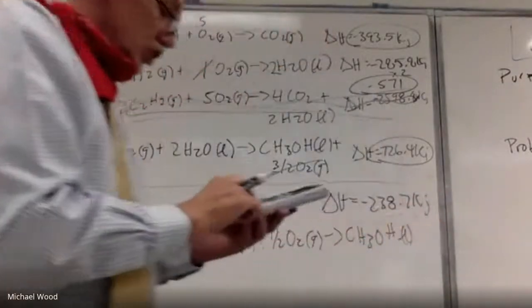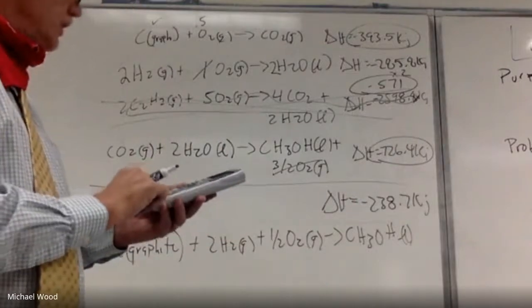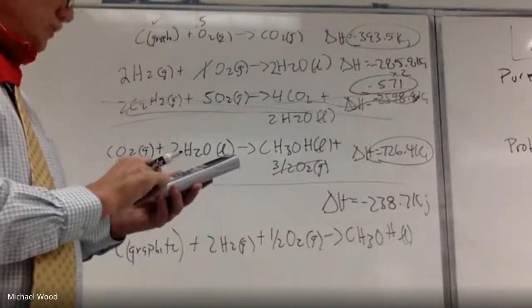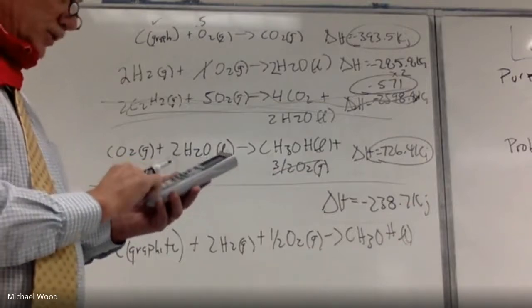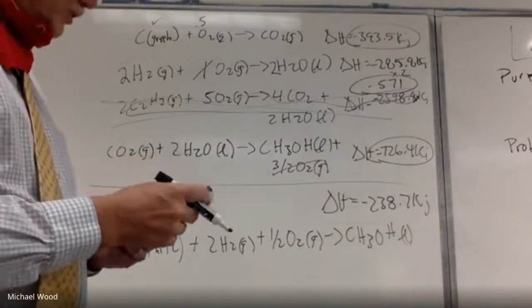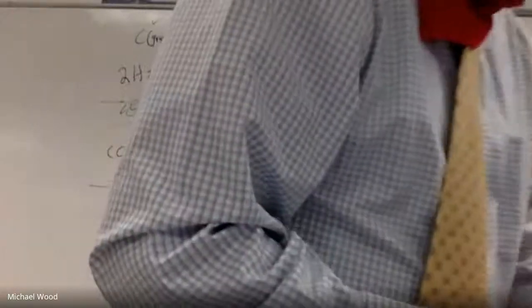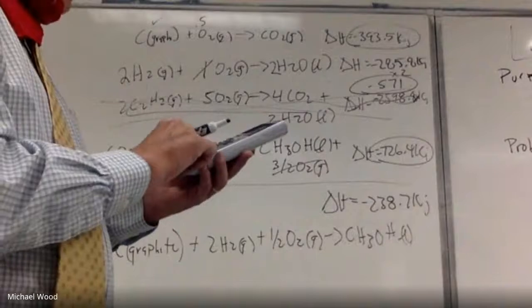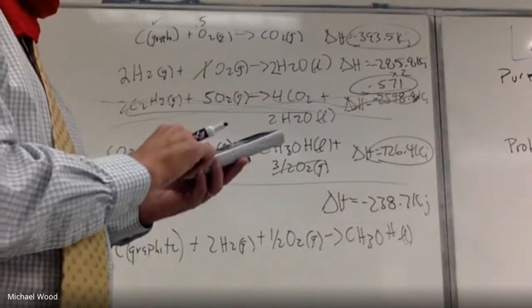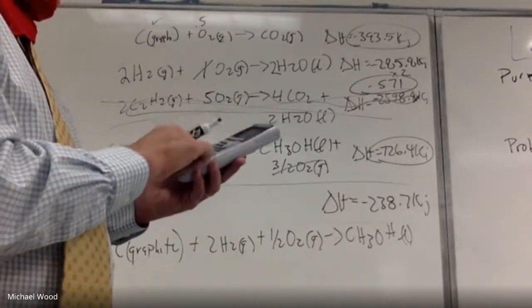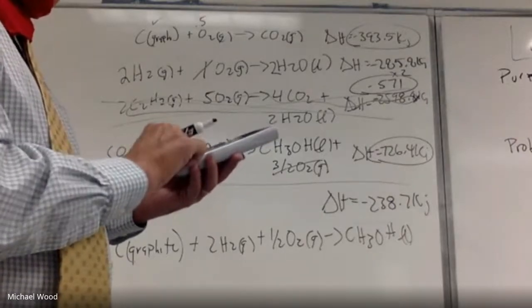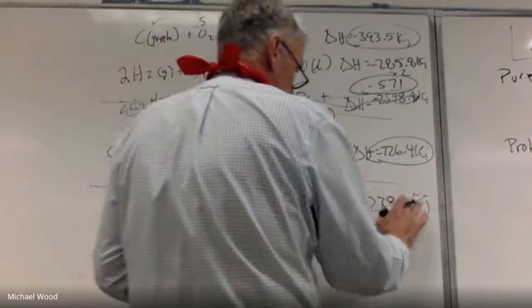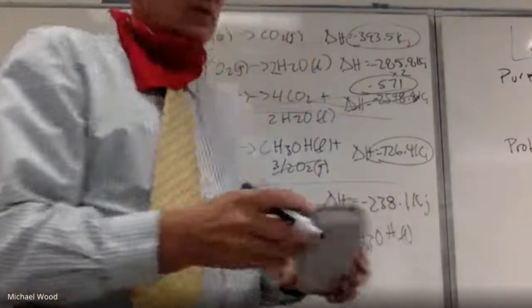kilojoules. So let me just check my math. Negative 393.5 plus negative 571 plus 726.4. Yep, I have negative 238.1. Let me do that one more time. Negative 393.5 plus negative 571 plus 726.4. Yep, negative 238.1. And this is the kind of thing where if you look at it, you go, oh, I